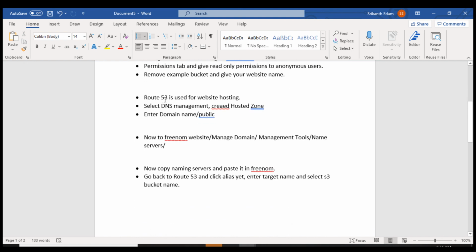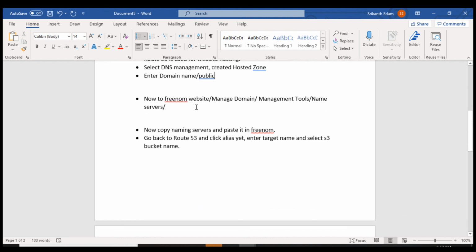Later we went to Route 53, which is used for website hosting, selected DNS management and created a hosted zone. Then we entered our domain name and made it public. Later we went to the Freenom website again and went to management tools.